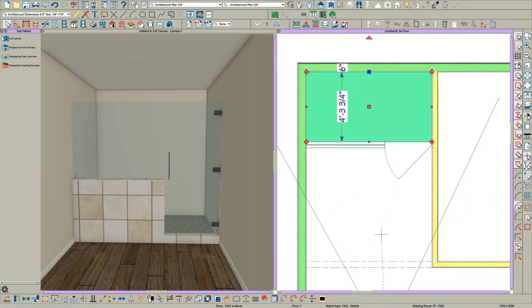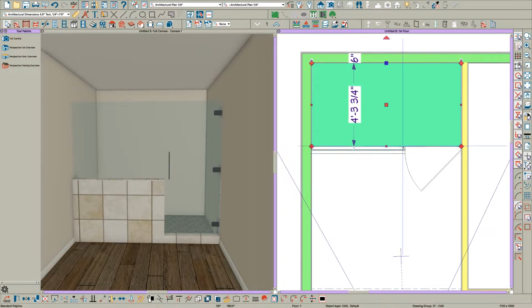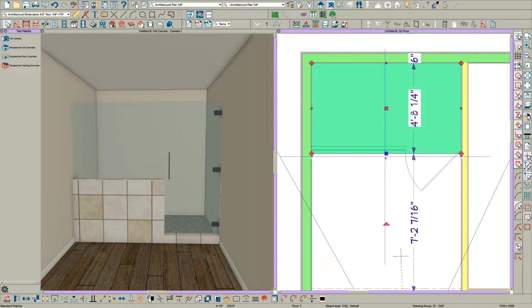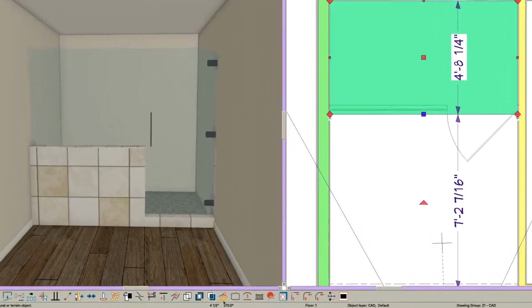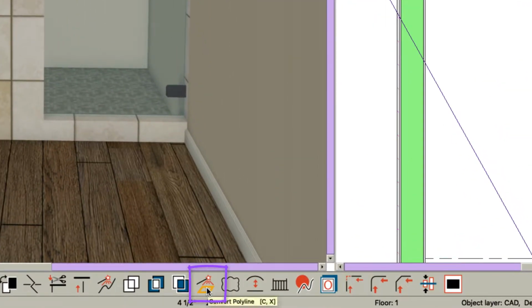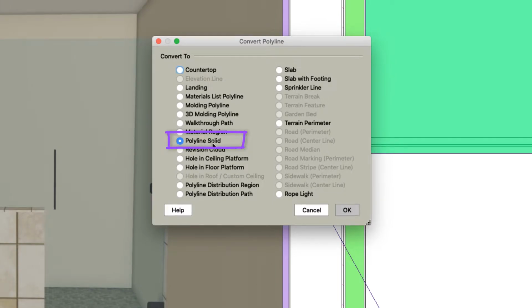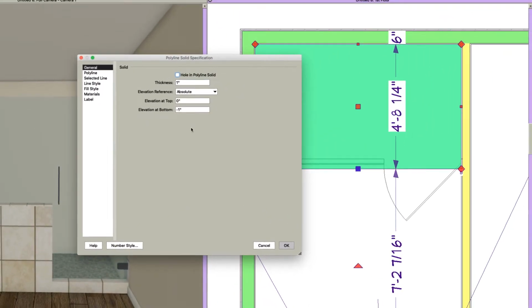So when you have your room here, you can come down here and just make a room polyline and just click that, and you'll get a polyline with little edit handles right on it. And I would pull it out to the face of the shower wall. And then come down here while it's still selected and click on convert polyline and convert it to a polyline solid. And then make it, I don't know, like 3/8, 0.375,